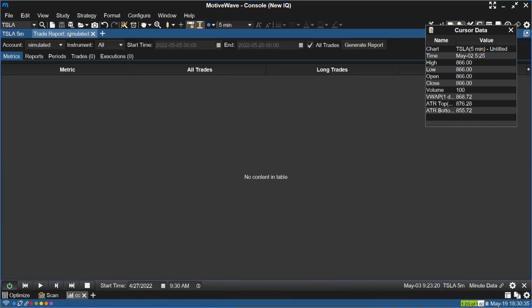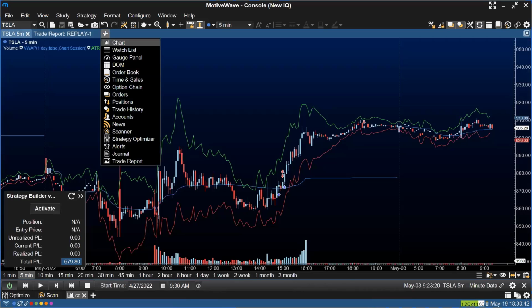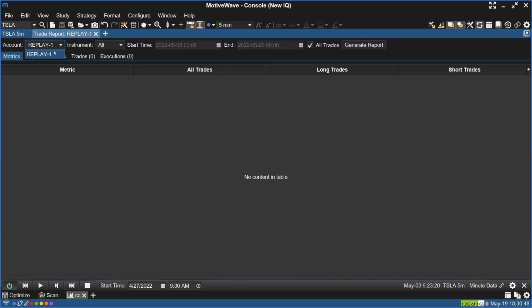And the last thing I want to show here for this strategy is how you can then view the performance of your strategy in MotiveWave. So there's a feature called Trade Report. You can click to open a new window, select Trade Report. It'll open this window, and then you select the account that you're running for, and you can generate a report